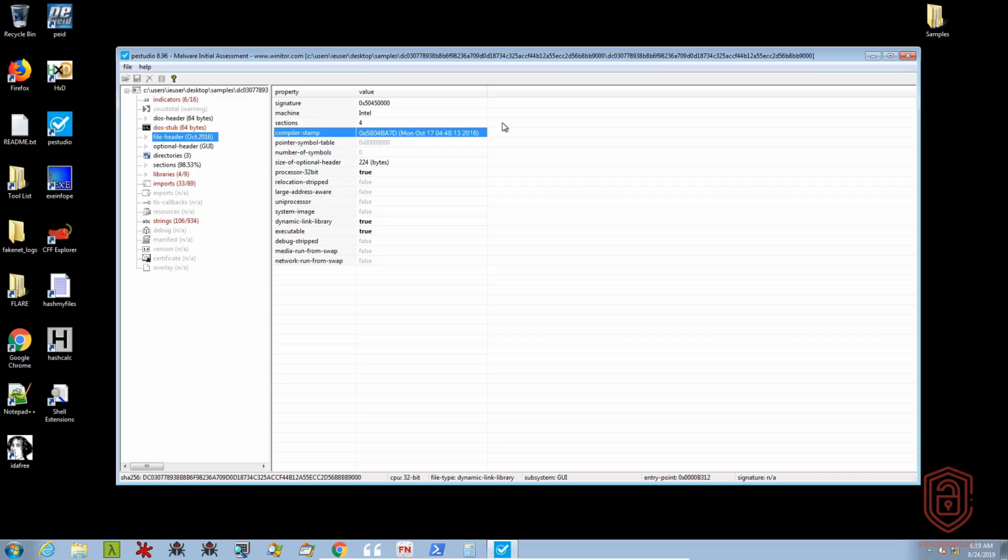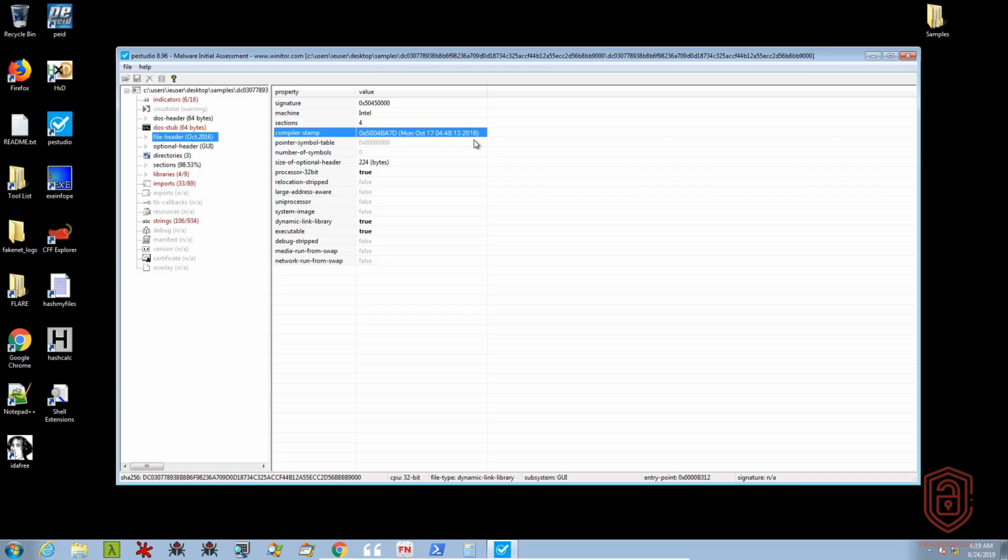That'll give you an idea of the age of the malware, and of course, judging by this compiler stamp, I can safely assume that someone else has already analyzed this malware, or it is already detected, which means that my analysis can be made even easier. So, quite important information right over here. But again, you shouldn't go by this alone in regards to getting a final assumption of the compiler stamp or